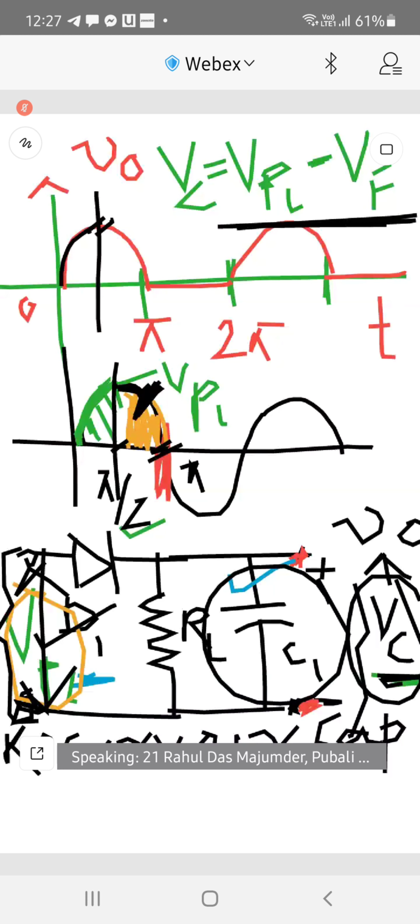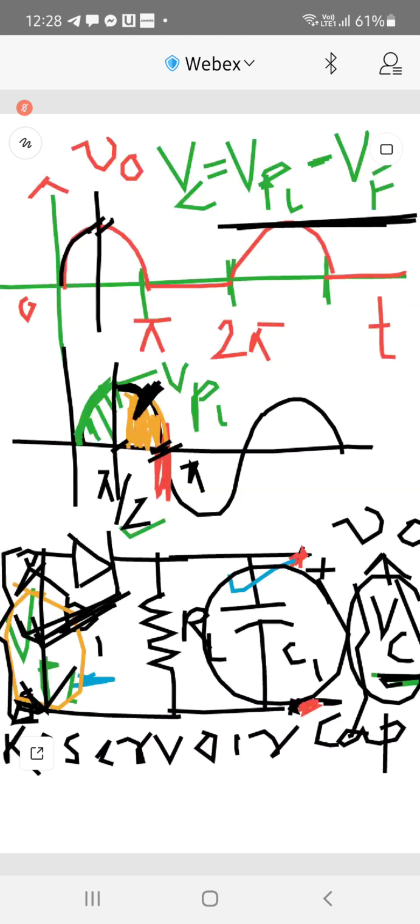So at that point of time, when the P portion of the diode is getting a voltage falling from VPI, see, from the peak the voltage is falling in the input voltage range from pi by 2 to pi. When the diode input gets VPI minus VF, I'm taking the diode input in black, and VC is also maintaining VPI minus VF, then the diode's positive and negative are both VPI minus VF, which is the borderline condition for forward bias and reverse bias.